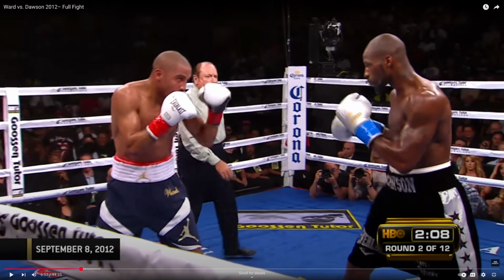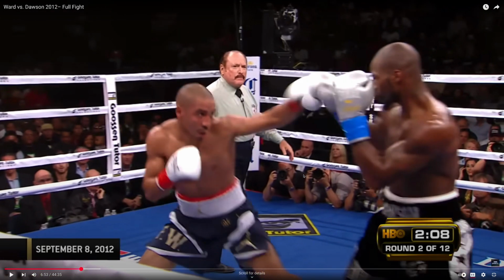So he's going to get into engagement range, get to the line close enough to hit your opponent, close enough to hit you. He's going to throw 2 jabs, and we talked about this before. I don't want to call it a level change, even though that's what your coach's system may call it. I like to call it a positional change, so that way we can weaponize it a little bit more. So we understand what's available for us as we change from a high to a low position. So Andre Ward throws 1 jab from a high position, and the second one he throws to get to a low position